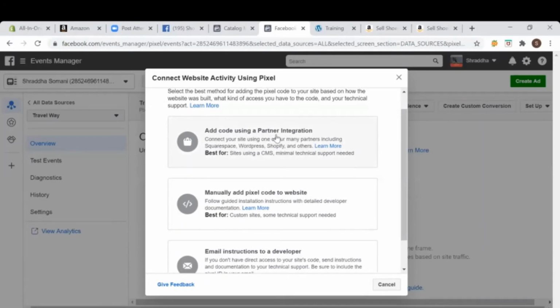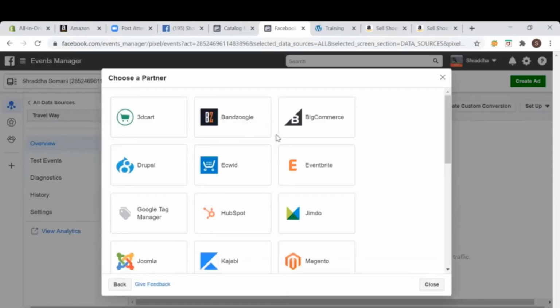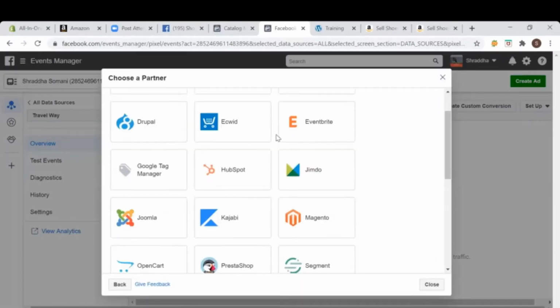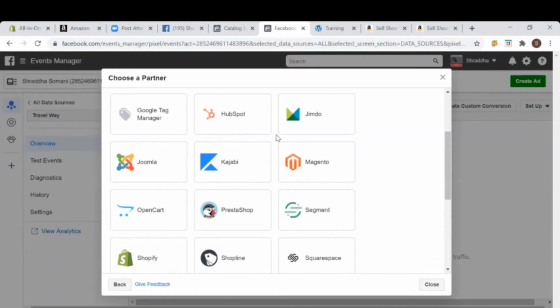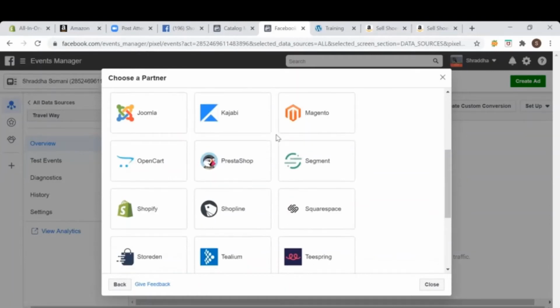Partner integration is nothing but, if you have a website on WordPress or Magento or OpenCart or Shopify, I can integrate with the website. It will give you the plugin, and that plugin you need to install on your store.